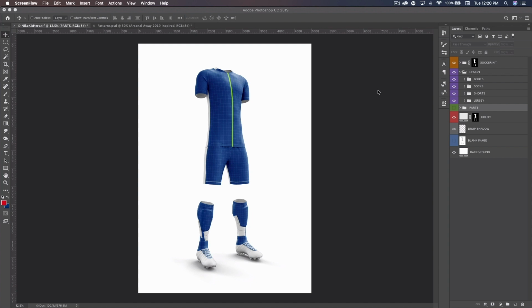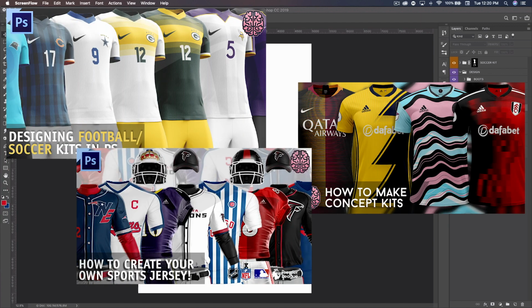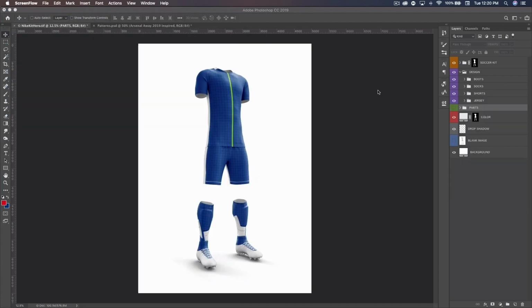Today I'm going to be showing you how to use a YellowImages mockup template to create a sports jersey, specifically a soccer jersey. Now I have a few variations of these tutorials creating jerseys, but I thought I'd walk you through the whole process of how to use all the layers and groups and try to confine it a little